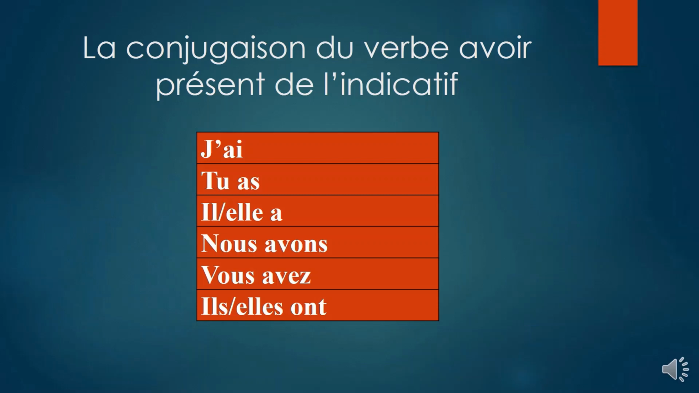La conjugaison du verbe avoir au présent de l'indicatif. Note, avoir is an irregular verb. Therefore, it doesn't follow a pattern of endings, but instead it changes from one person to the other. Let's start. J'ai,